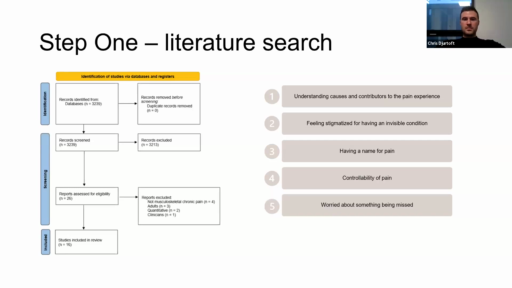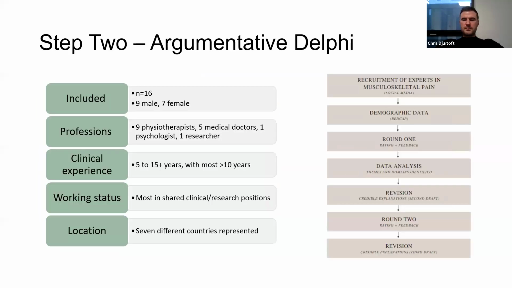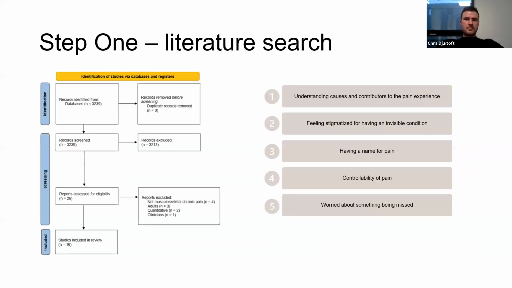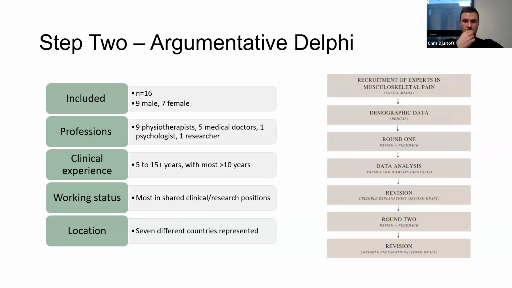We also found out that it's actually not just adults that can be critical about what clinicians say about their diagnosis, as the children also feel some sort of uncertainty regarding the message they get from the clinician. Could it be something else, even though he or she says that this is what I experience? So after step one, we drafted a first version of our credible explanation, trying to comprise all these different domains in a text version.